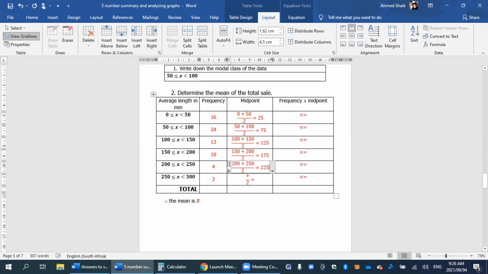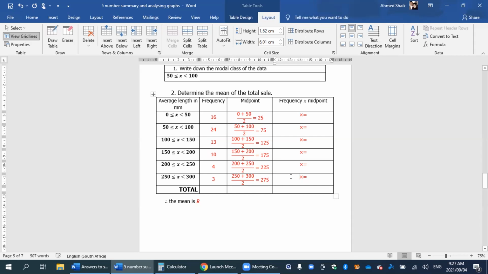My last interval, if I'm calculating the midpoint, the first value is 250 plus the last value of 300, and 250 plus 300 is 550, and that gives me a midpoint of